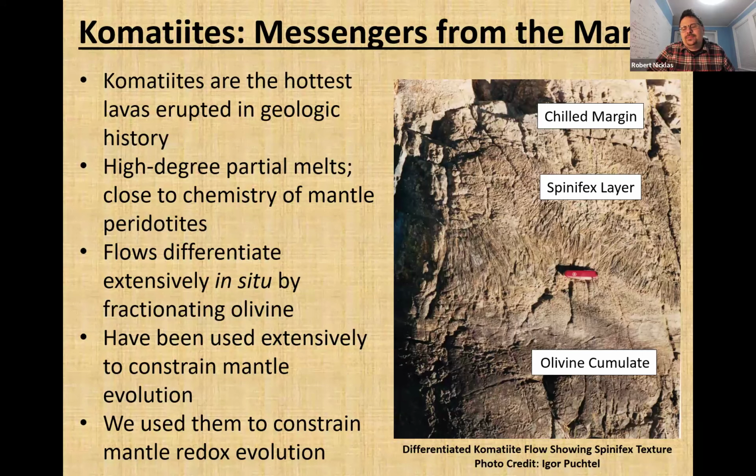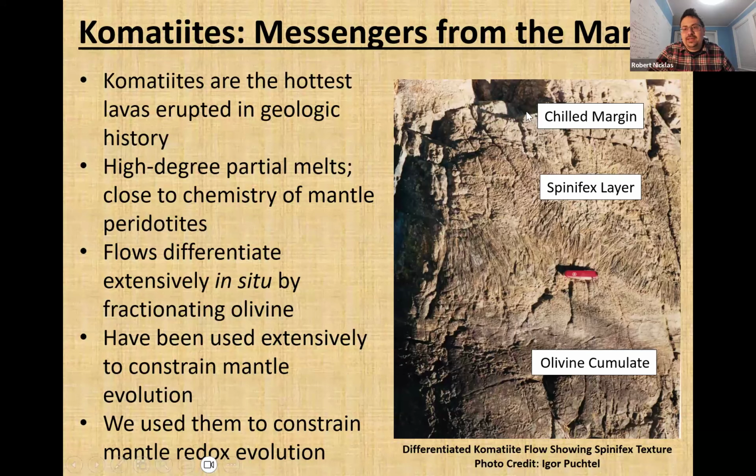Komatiites are mantle lavas. They're the hottest lavas erupted in geologic history. Some of them have liquidus temperatures as high as 1800 Celsius. They're very, very hot. They're high degree partial melts, up to 50% partial melting in some cases. They differentiate extensively in situ once erupted. This is from the